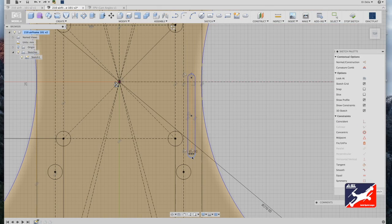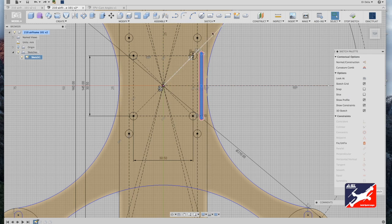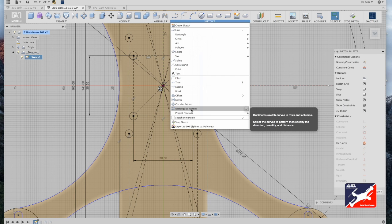I'm going to adjust the distance and placement of the battery strap slot. Make the battery slot roughly 30 millimeters in length, and let's place it center to drone center, off on the right side, not too close to the edge and not too close to the screw holes. When we're there, click away, right select the battery strap slot, back to sketch menu, scroll down to rectangular pattern